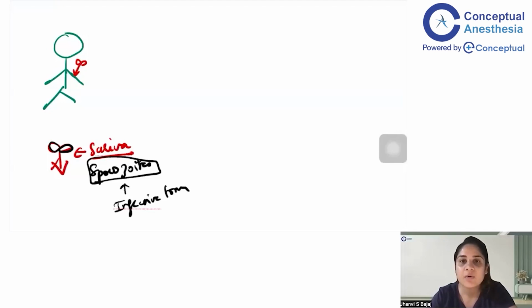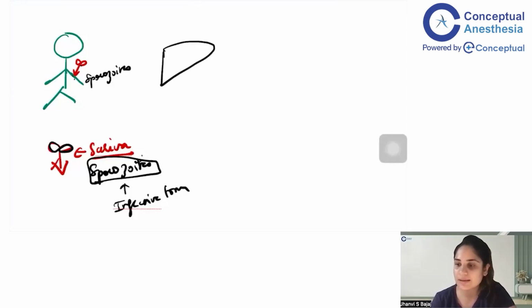All right. Now what happens is that a lot of you are joining in after the class has started. All right. So once the mosquito bites the human being, the sporozoites from the saliva of the mosquito will enter into the blood of the human being. Okay. Now, from the blood, where do the sporozoites go? From the bloodstream, these sporozoites go to the liver and they go to the spleen. Okay. Mainly, they go to the liver.